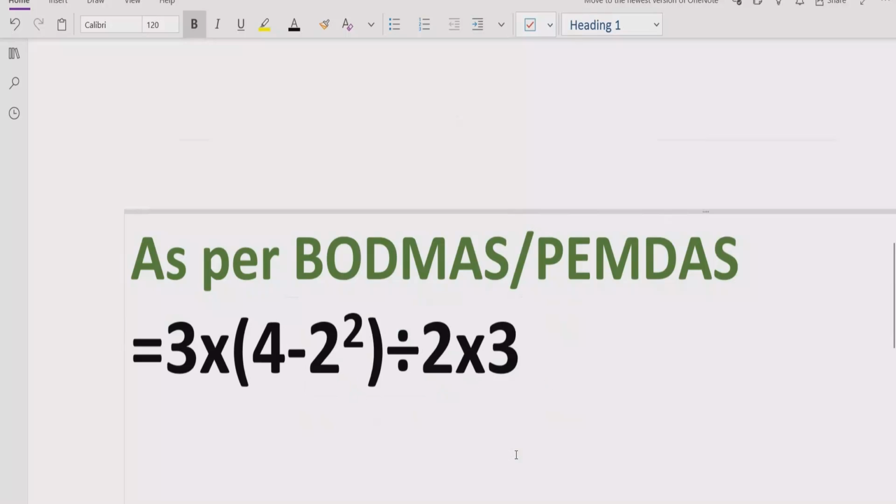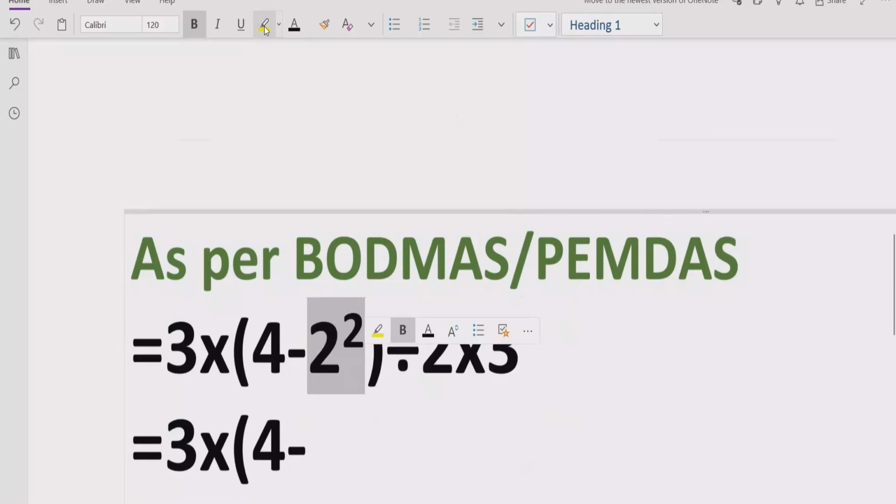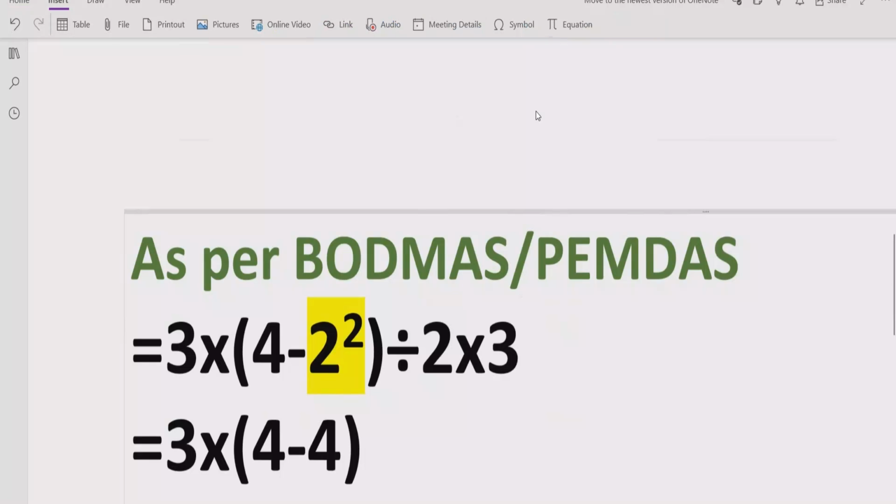So what we have to do, we have 3 multiplied by (4 minus 2 raised to power 2), and we solve this part and get 4: 2 multiplied by 2 means 4. And divided by 2 multiplied by 3. And here we give the reference: 2 raised to power 2